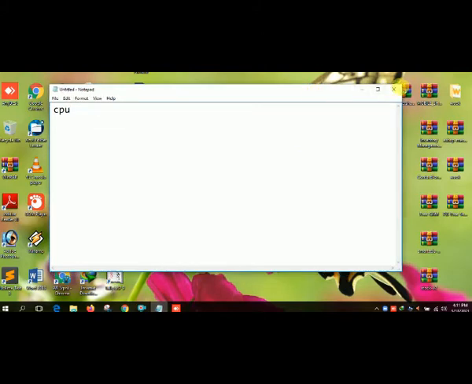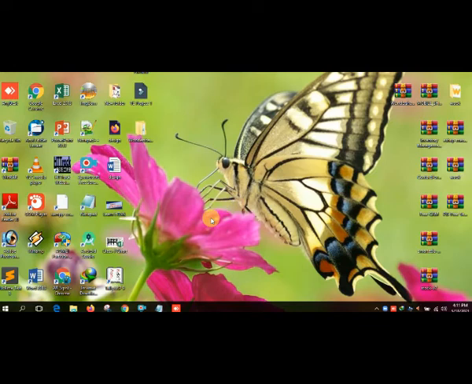If you close the notepad, it asks to save, and I select don't save. Now you can see my notepad tab is closed.